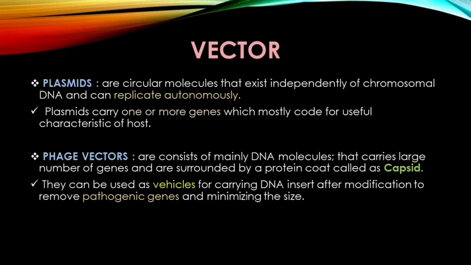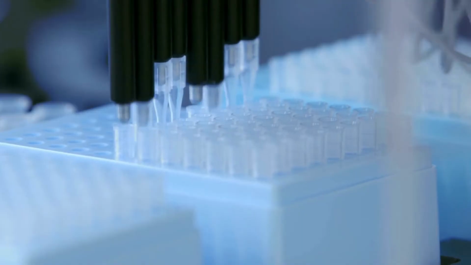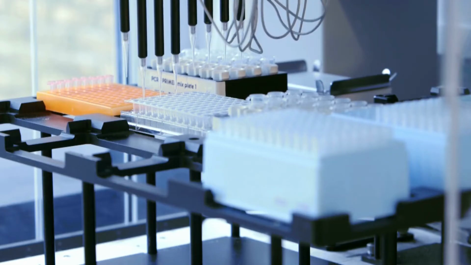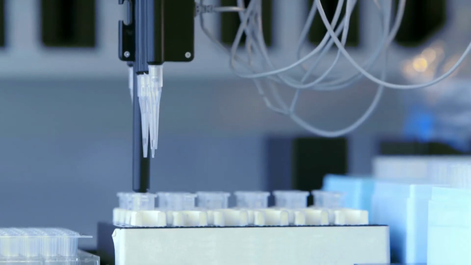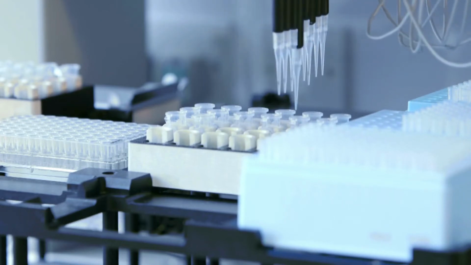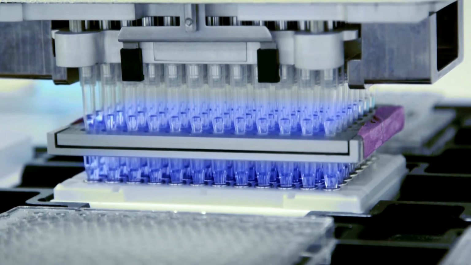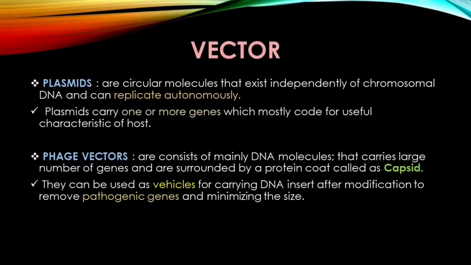Then we should also know some of the basic terms such as what are plasmids, what are the phage vectors, and the terms cosmid, phasmid, phagemids, and the artificial chromosome. One should also know about this. So the term plasmids are the circular molecules that exist independently of chromosomal DNA and can replicate autonomously. And the plasmids carry one or more genes which mostly code for useful characteristics of the host, and all the plasmids have a sequence that can act as the origin of replication, and